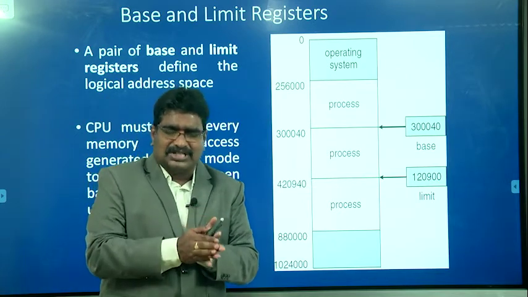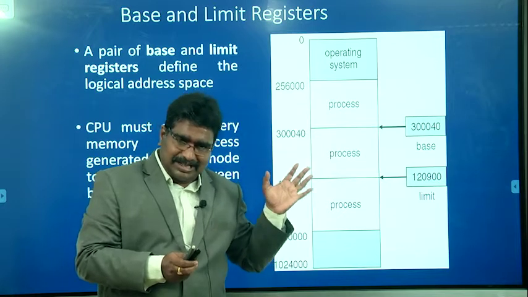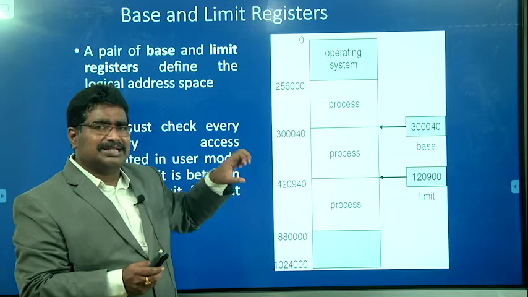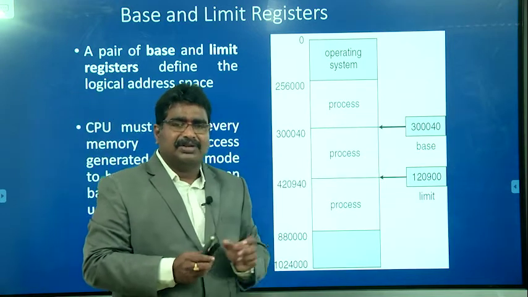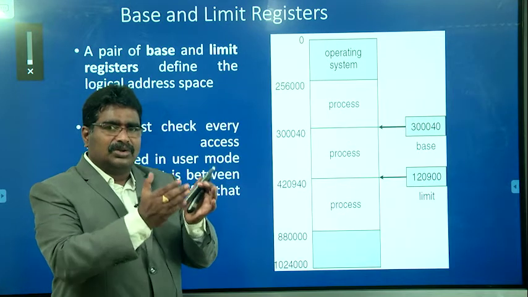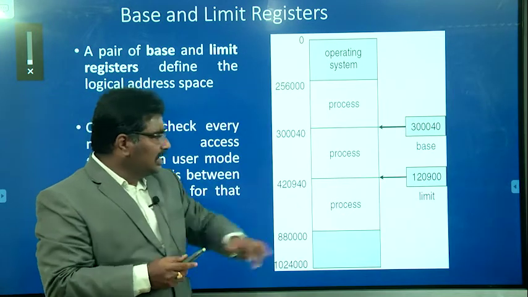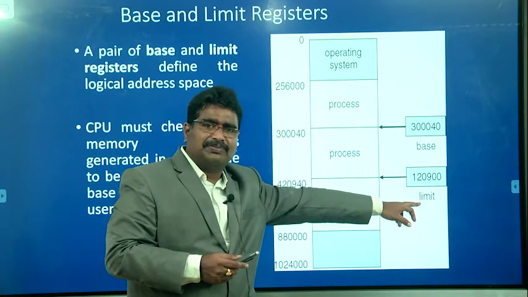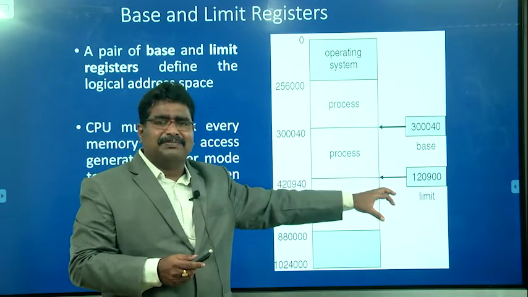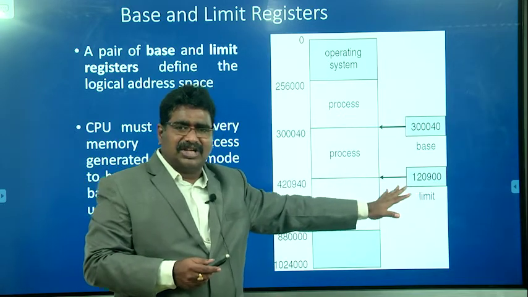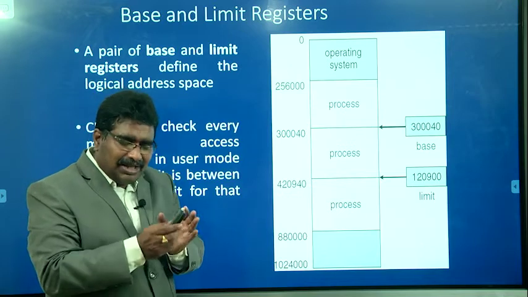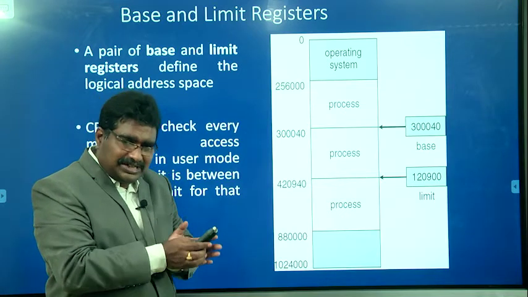For every process, the operating system allocates the memory. In that allocated memory, the starting memory address is available in the base register. For example, if the operating system allocates 1024 memory locations, then the limit value is 1024. Based on the number of memory locations allocated, the limit register simply varies. I hope you are able to understand the need of the base and the limit, and what values exist in the base and limit registers.